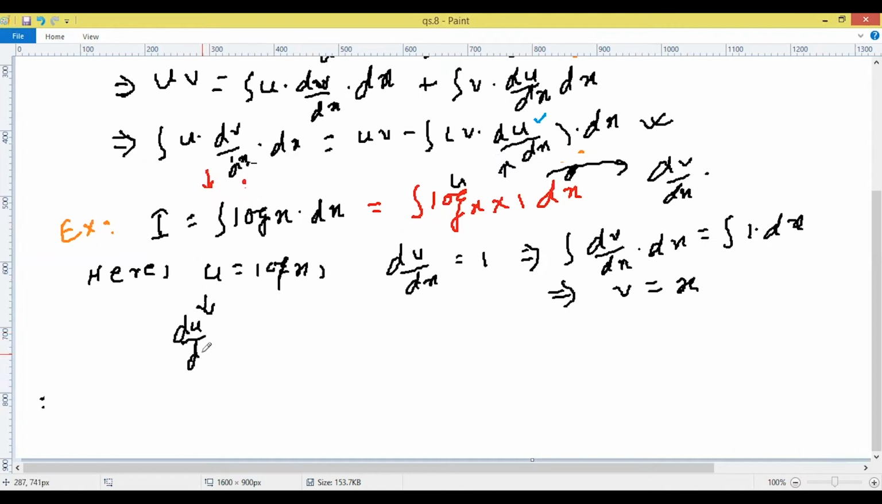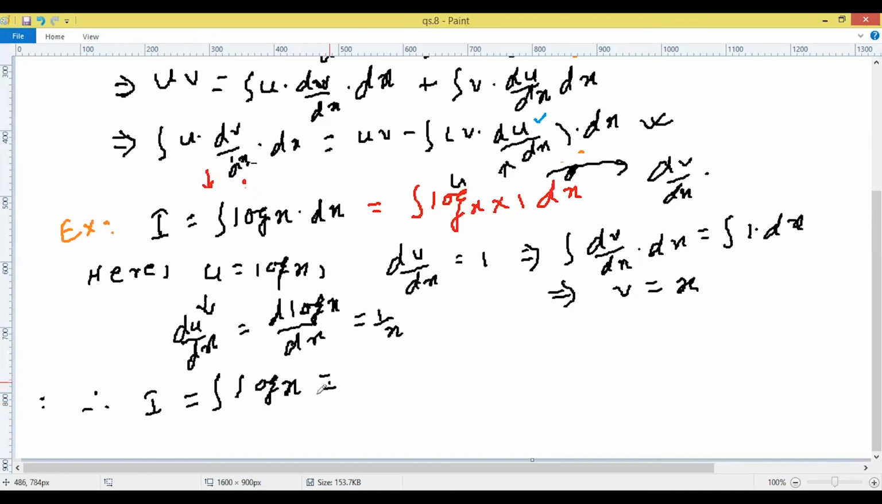du by dx equals d log x by dx, and this is 1 by x. So we have all the values available here. So therefore we can write I equals the integration of log x dx, and go to the right side. Here you can see this is u times v. So the value of u is log x, and the value of v is x, and minus,